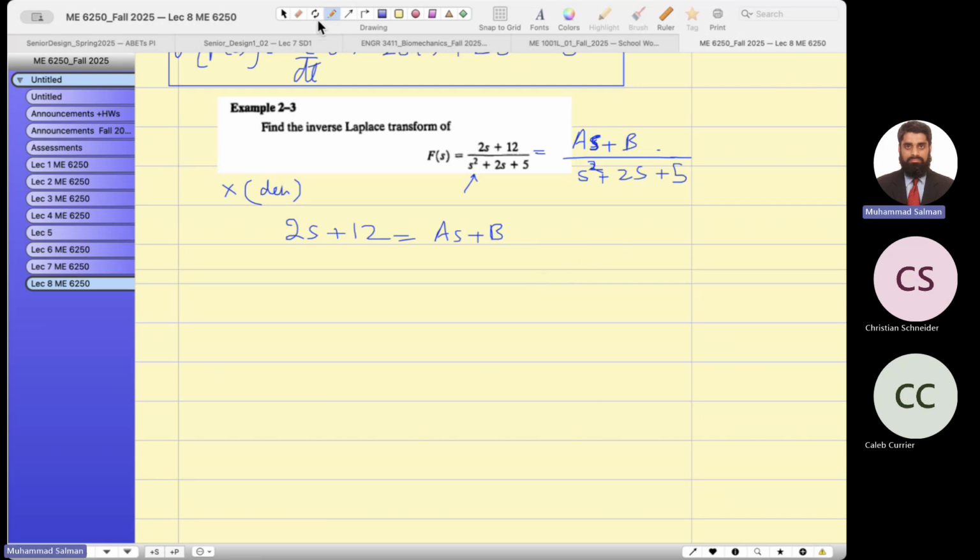So there is one thing I'm missing here. So what is the root of this one? You cannot do it like this. I have to do some operation here. So look, what are the roots of this thing? So you will tell me, Professor, the roots are -1 plus minus 2j,